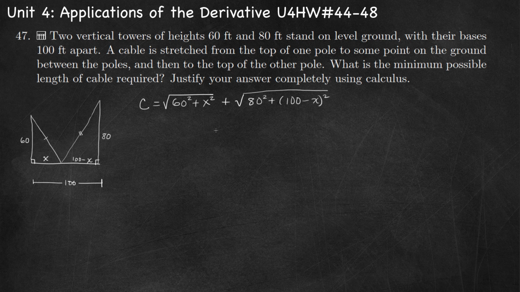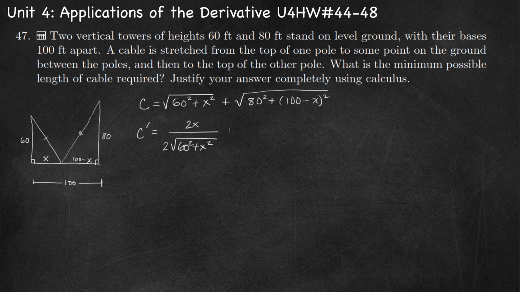We want to minimize this length. So we want to find the absolute minimum for this equation. We're going to take our derivative, and we're going to use chain rule here. So it's the square root of stuff. The derivative is 1 over 2 times the square root of the stuff, so x squared, times the derivative of the inside, the 2x,